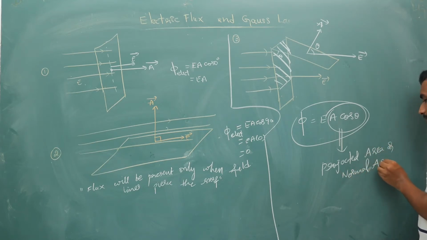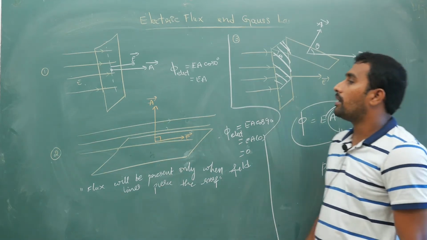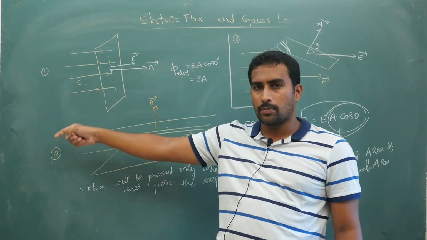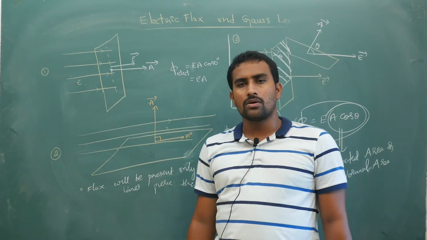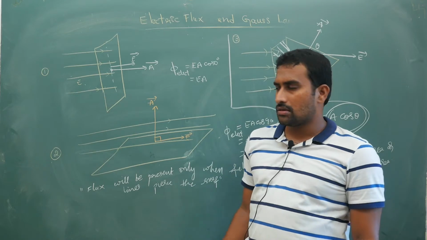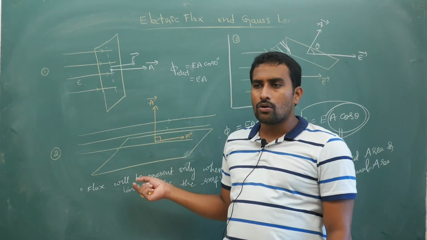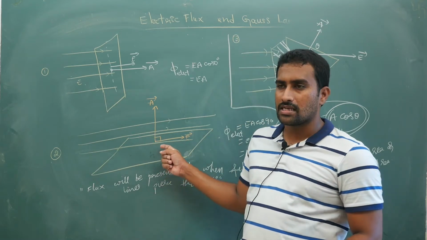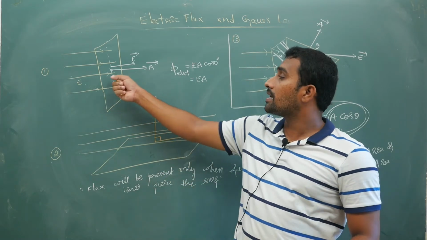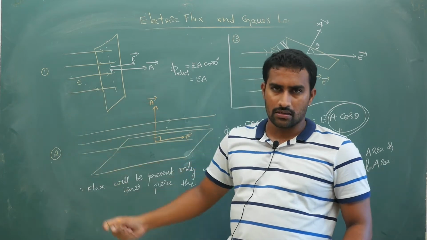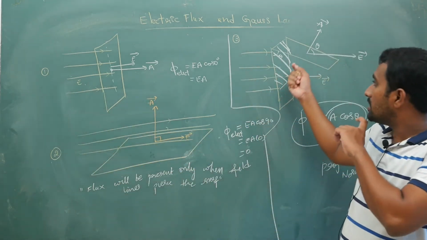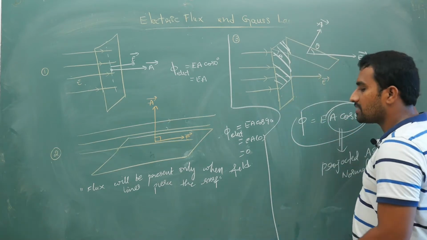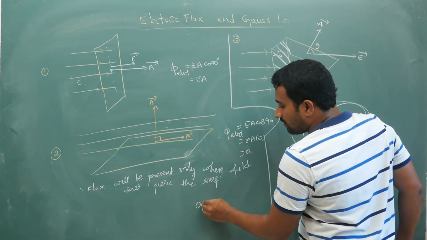Now many people could ask me a question: sir, why did you take the area vector only this way? Why did you not take it in the opposite direction? I will tell you only one thing, no issues at all, you can take anything, but for open surfaces you have to take only one, either upwards or downwards. In this case it is either upwards or downwards. In this case either it is towards right or towards left. And here also it is the same, you can take the area vector upwards or downwards, but for open surfaces take only one normal.